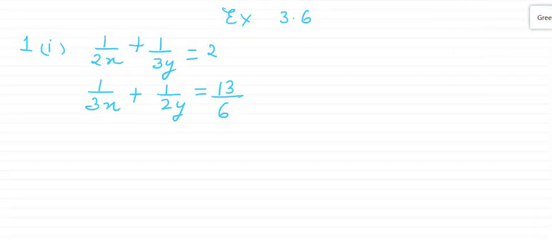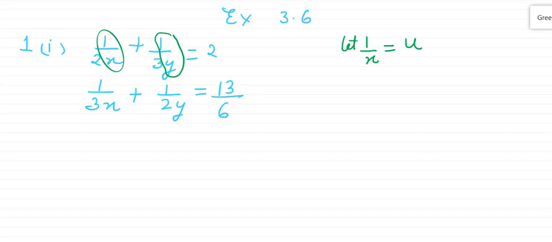Okay, so see this question number 1, first part of first question. Here you'll see the equations are in the form of 1 by 2x, like x and y are in the denominator. In this case, if you try to take the LCM, it will become very complex. So what you can do, take this 1 by x as some other variable. Let 1 by x equal u and 1 by y as